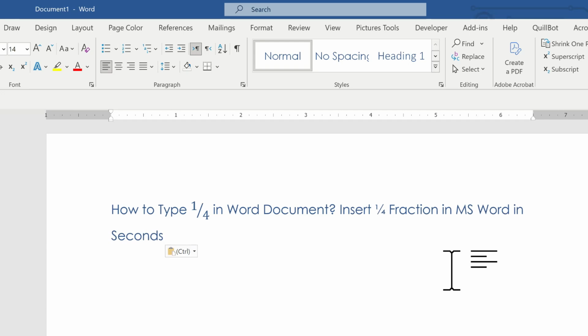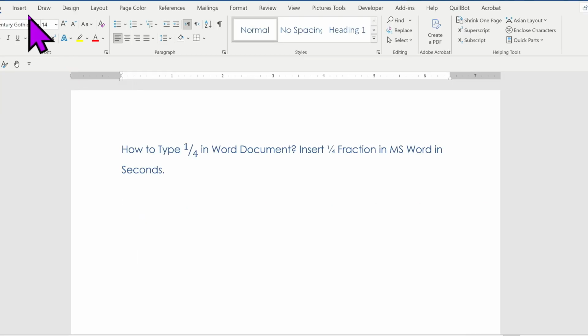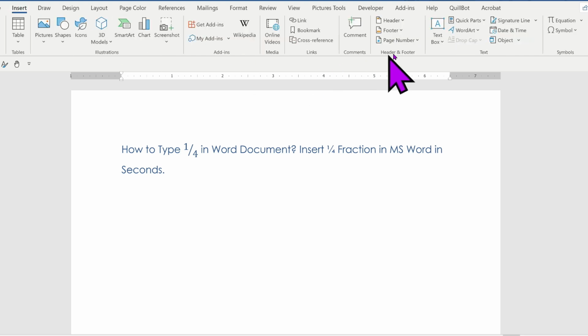In this video, you will learn how to type 1 by 4 in a Microsoft Word document using a simple and quick method. This tutorial is perfect for beginners and anyone working with fractions and words. So let's get started. So first head to the Insert tab on the top menu bar and on the right side,